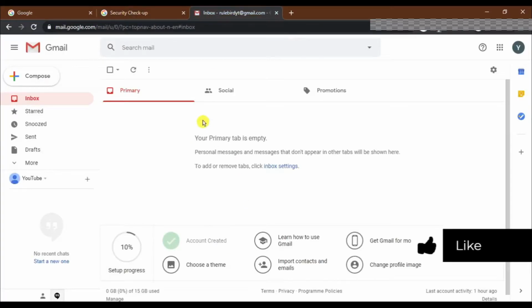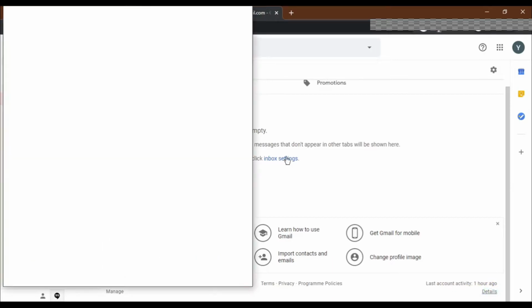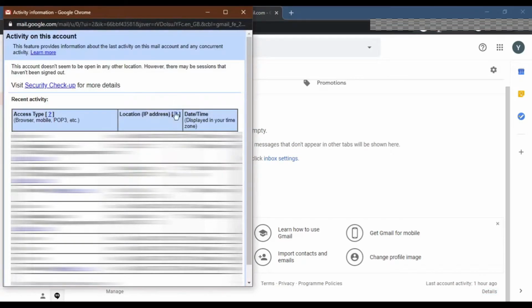Another method is to look for the active sessions on the desktop in Gmail. Scroll down to the bottom of your inbox. On the right hand side, you can see it says Last account activity followed by time. Click on the Details link underneath. You will see all the accounts here.